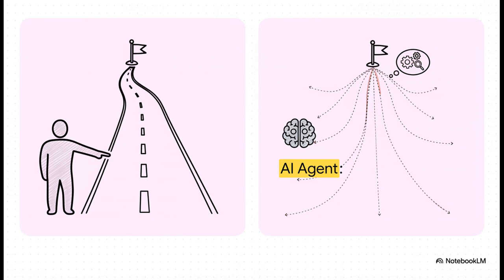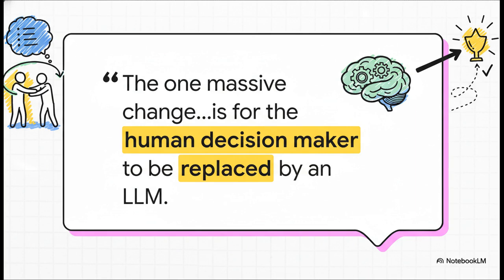This slide right here gets to the absolute heart of the matter. On the left, with a workflow, a human defines the exact path. On the right, with an agent, we take off those guardrails. The large language model itself becomes the decision maker. And this is probably the most important sentence in this entire explainer. The AI is no longer just following a to-do list that we wrote for it. We give it a goal, and the AI itself reasons about the best way to get there.